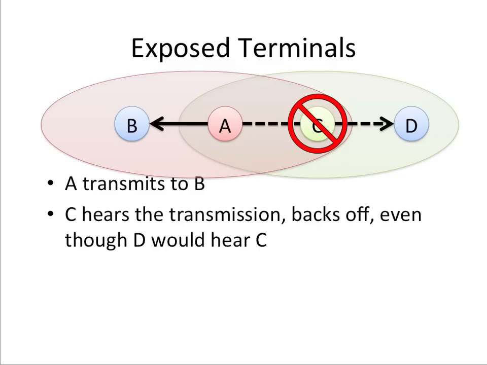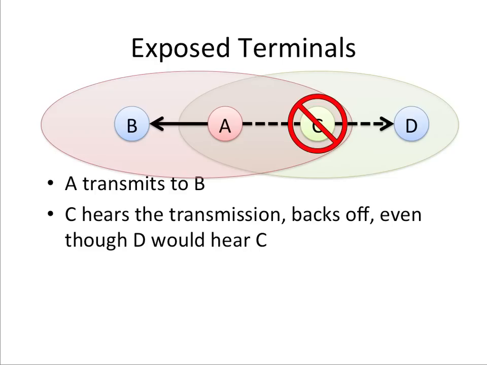It turns out C is going to sense the channel and determine that the channel is busy. It's not idle. And normal behavior when a channel is busy is you back off. Do you want to transmit a message when the channel is busy? No. There's transmission going on. But in this particular case, why is backing off not the right strategy? Because C can still transmit, D would hear it just fine and not be interfering with